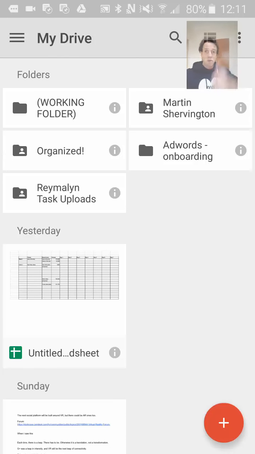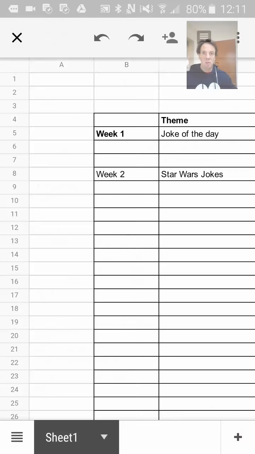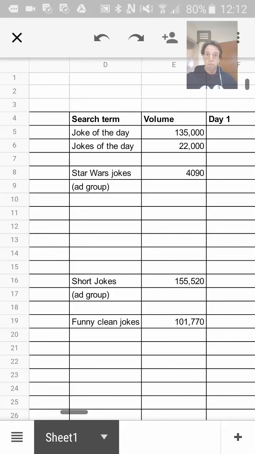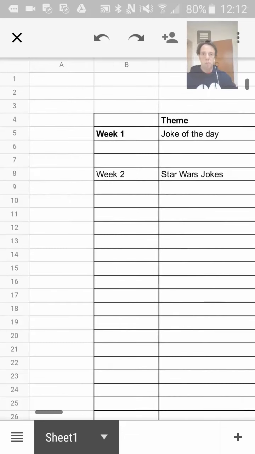But we're also talking about creation, and we're talking about collaboration. This is where I want to go next, and then we'll talk about communication from there, which is about sharing. So let's dive in. If I click on an existing spreadsheet, and I happen to be structuring a little project about daily jokes and looking at optimizing content for search, what you can see here is we've got